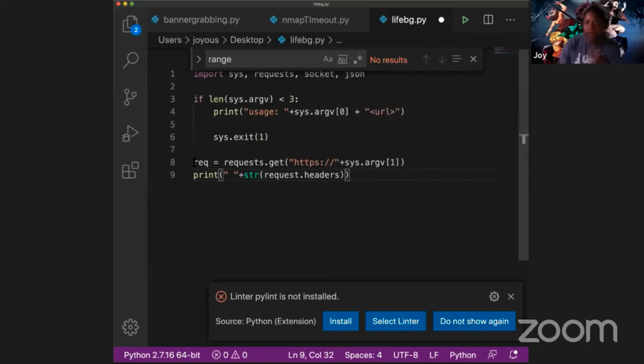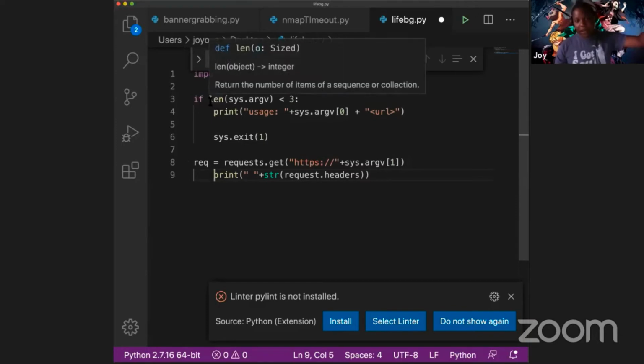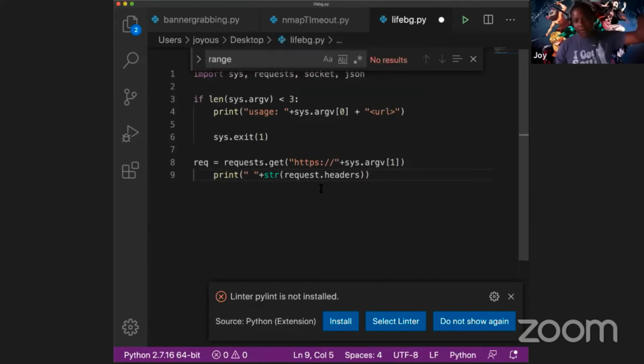Okay, so basically what we're doing is we're requesting in our output, we're pinging the website and we're requesting the header information to come back, just like in any other banner grabber when you're using regular